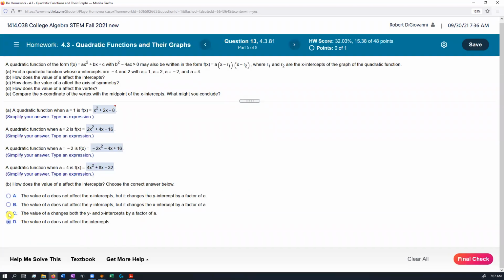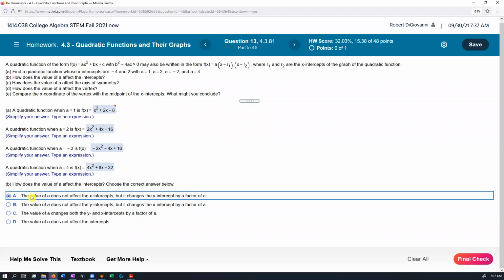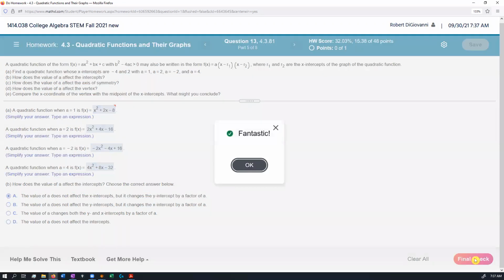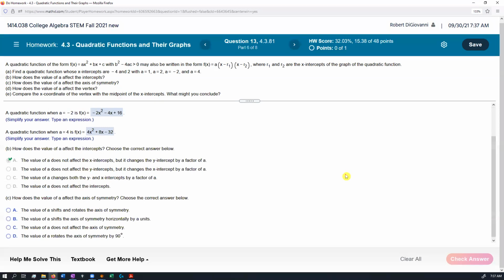Well, it does not change things. It does not affect the y-intercept. No, it's got to be a. It doesn't change where your graph hits the x-axis, but it changes where it hits the y-axis. So to give you an illustration of what we're saying,